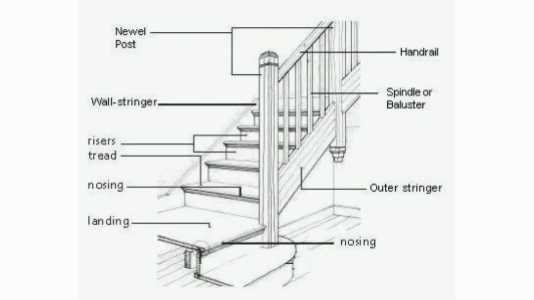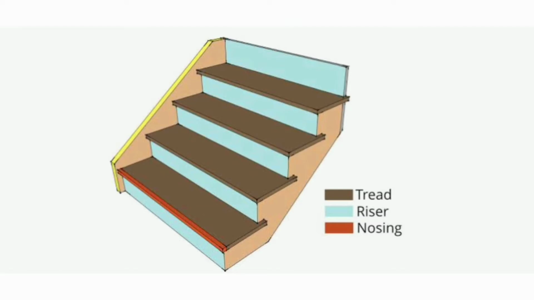So this is a detailed sketch of a staircase and all the components are marked on it. Let's go through all the components one by one. Let's see the step first. A step is a combination of a vertical and a horizontal component known as a tread and riser. The upper horizontal portion of the step over which the foot is placed is called the tread, and the vertical member of the step is known as the riser. It is used to support and connect the successive treads.